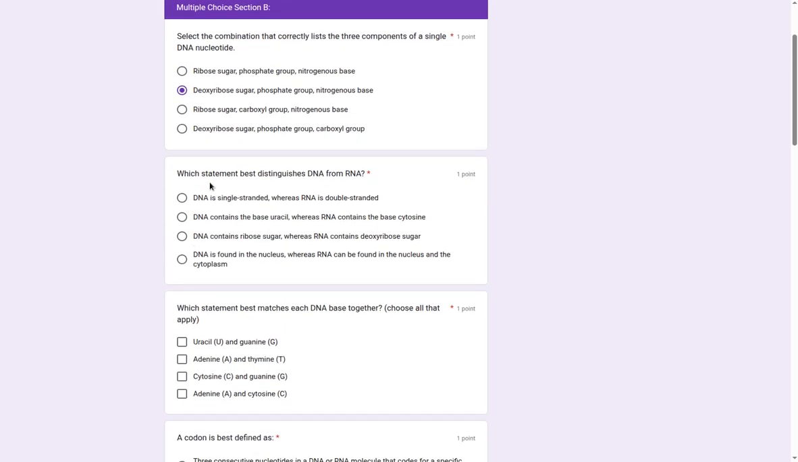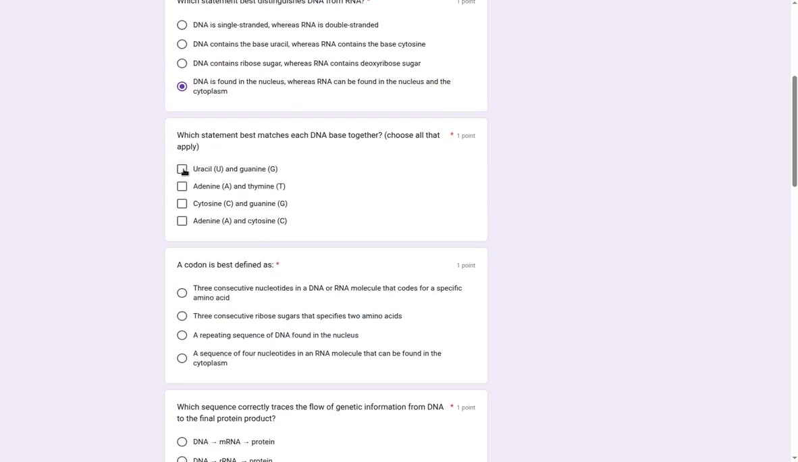Which statement best distinguishes DNA from RNA? DNA is single, no. DNA contains base uracil, no. DNA contains ribose sugar, no. So this is because these three are false. Which statement best matches each DNA base together? Cytosine, when